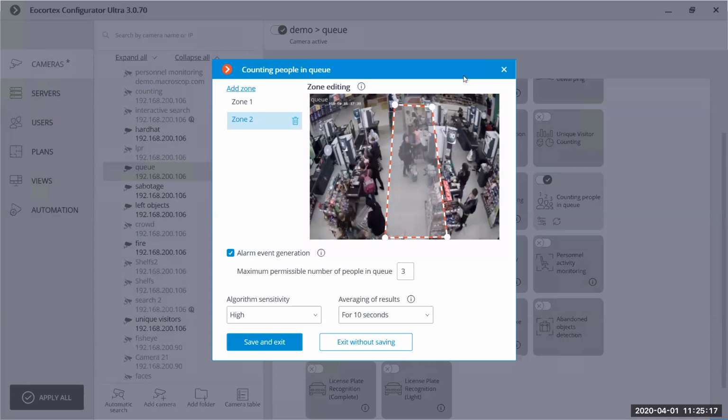For example, in a shop we may need to make sure there are not too many people in one corner, and that the distance between people is about 1.5 meters. We can use this module to create different zones and count people there, and if the number of people is more than 1, for example, we can also get a notification about that.